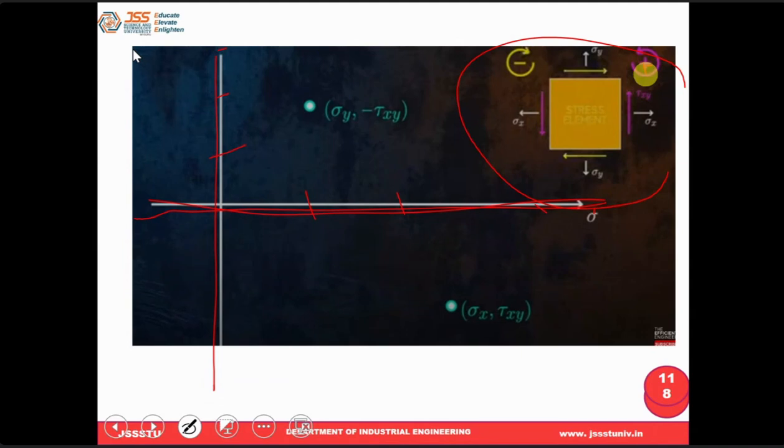According to that, does this shear stress rotate clockwise or anticlockwise? Anticlockwise. This one is clockwise. Then we consider for these two cases, this is positive shear, this is negative shear. So now you get the sigma x, sigma y and tau xy values, and accordingly you have to mark the points. I now know sigma x,